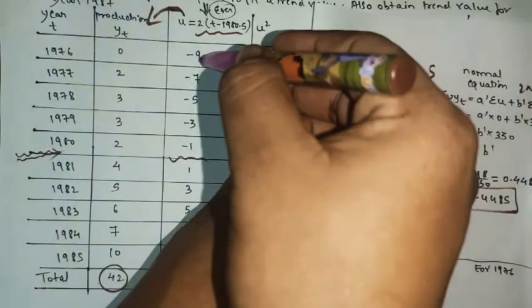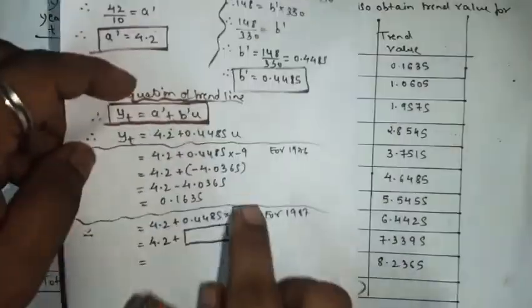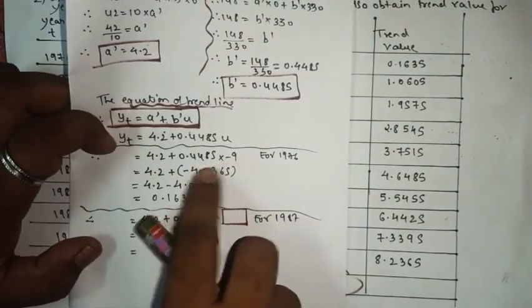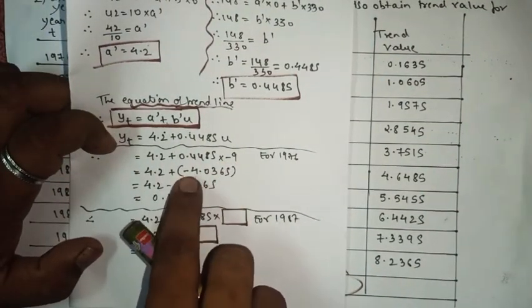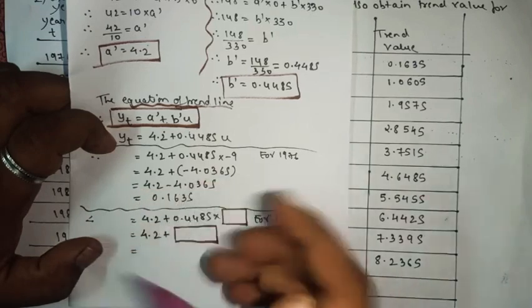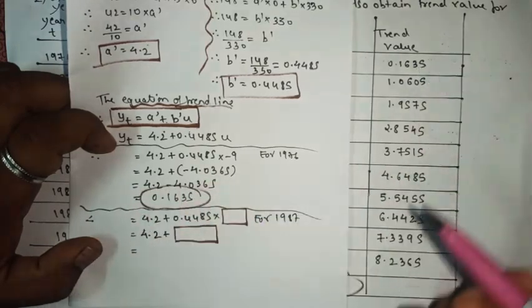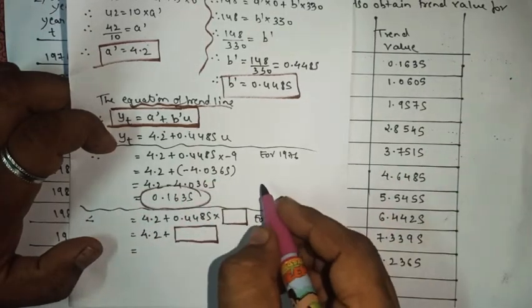For the first one, what is the value of u? That is minus 9, so I wrote minus 9. Multiply, you will get this answer. So plus and minus is minus, so when you will solve, you will get this answer. Okay, for the rest, solve the sum